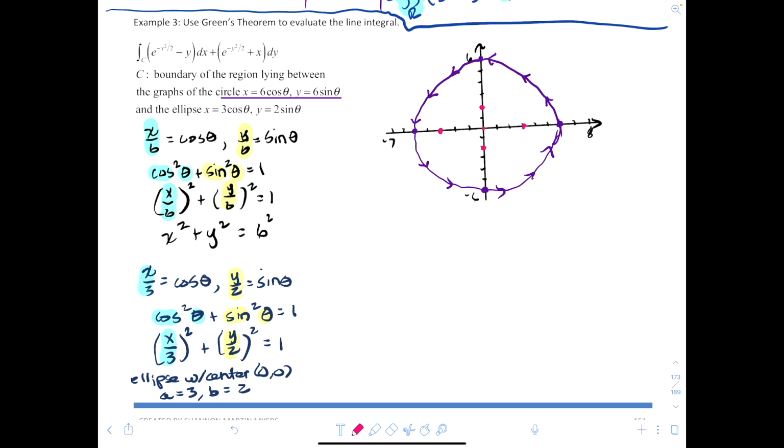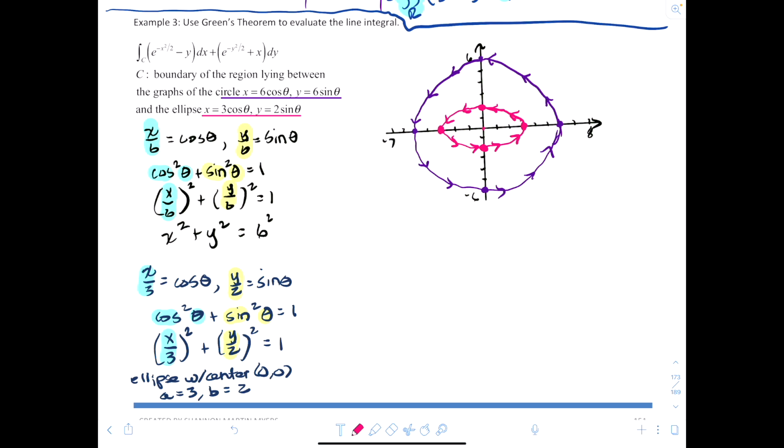So let's find our direction. Looking at the direction, if theta is 0, we'll be at this point here, 3, 0. Then it goes to 0, 2, negative 3, 0, and 0, negative 2. And so our orientation is going to go like this, which you might say, holy moly, there might be a problem, Houston,